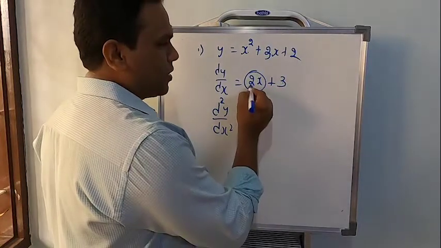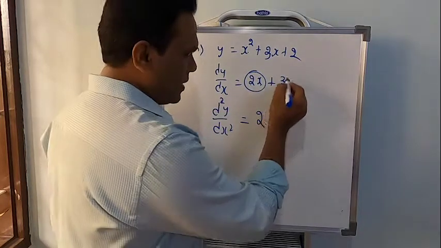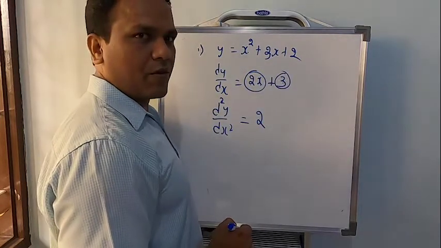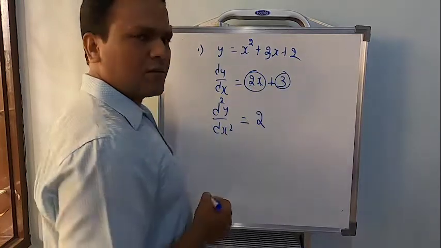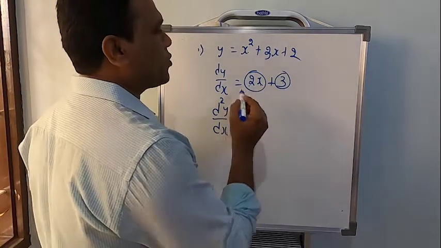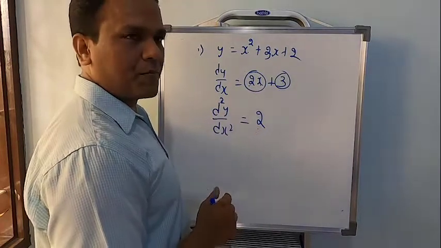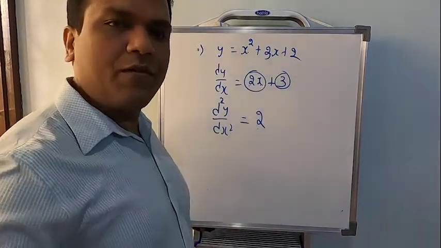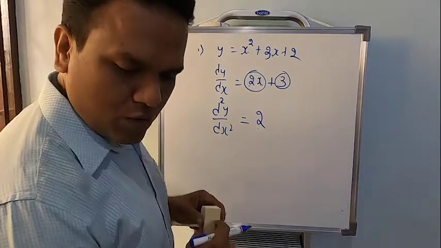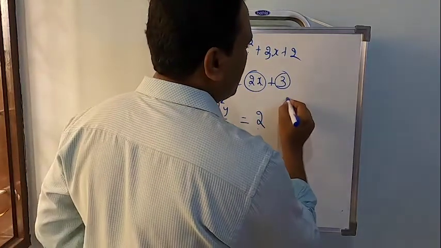Here just observe, it is a constant multiplied by a function. Here it's an independent constant. So when you have a constant multiplied by a function, according to rule number 1, keep the constant as it is and differentiate the function. So this is the second order derivative of the first problem. So let's go for the next simple problem.